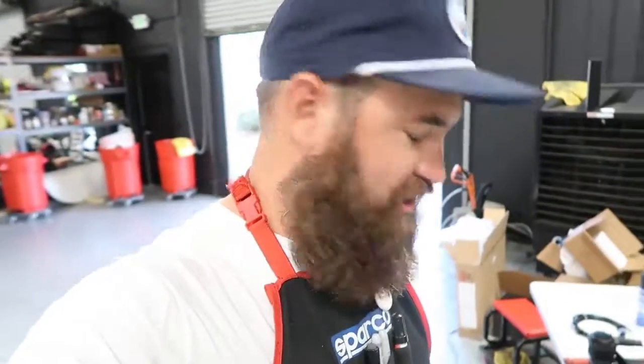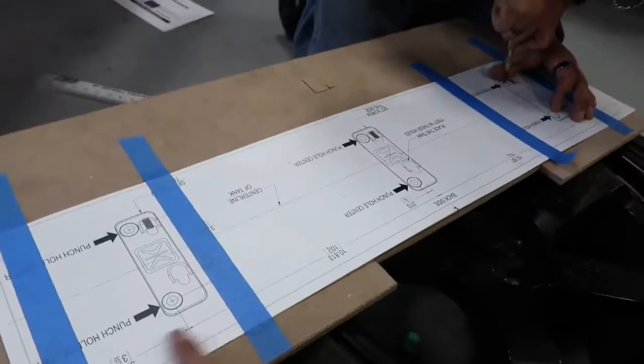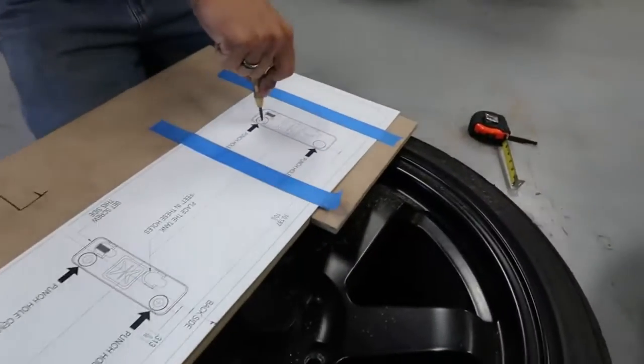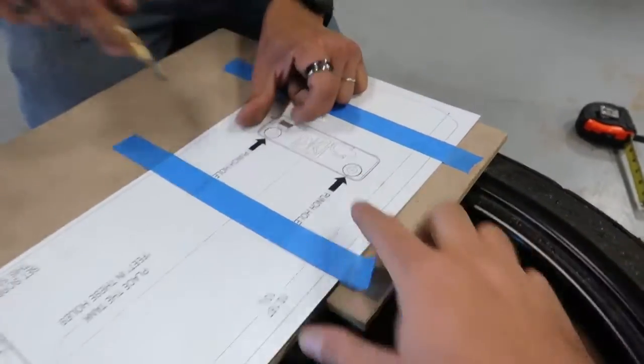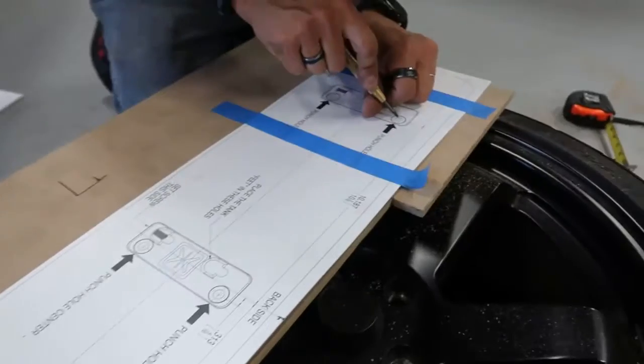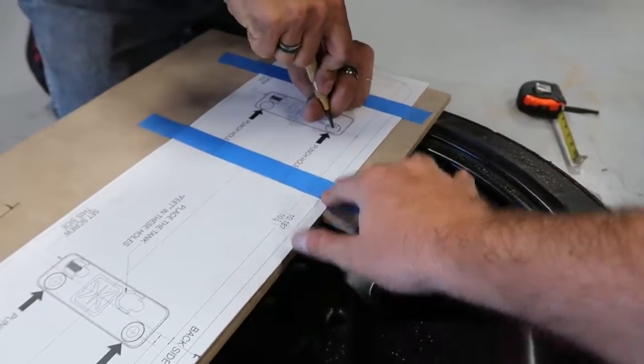Alright, so we've got everything sort of laid out. As you guys saw, we got the board cut out. Ricky and I have actually taped down the awesome template from AccuAir to the board, and we're now using a center punch and the template to actually drill the holes for the feet mounts for the tank. Once these holes are drilled out,